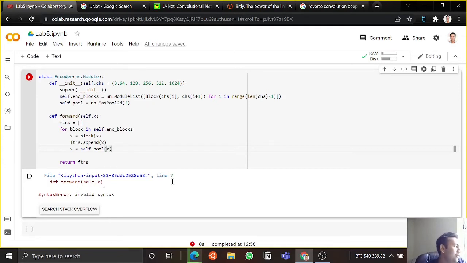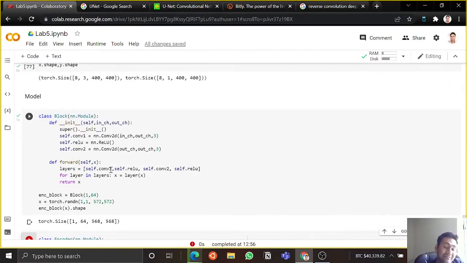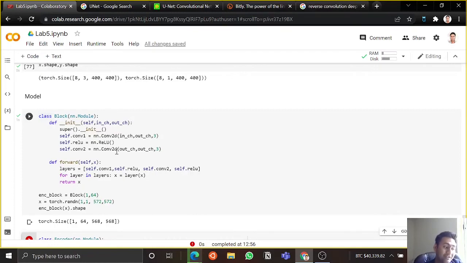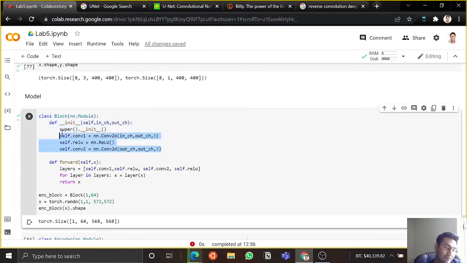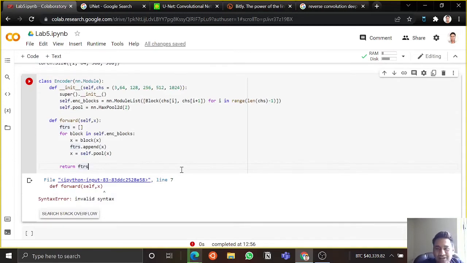here is something that I also want to point out. Suppose you were to write a sequential block, and then for sequential blocks, you would have to take care of the input and output size as well. What happens when you want to use a different architecture? You would have to write all of that from scratch again. Right now, all I need to do is change either my block or my number of channels. I personally find this more flexible for the user, but as software engineers or coders, I think it's very important to understand how to structure your code well. I think this is a very important concept that I'd like all of you to learn. Anyways,